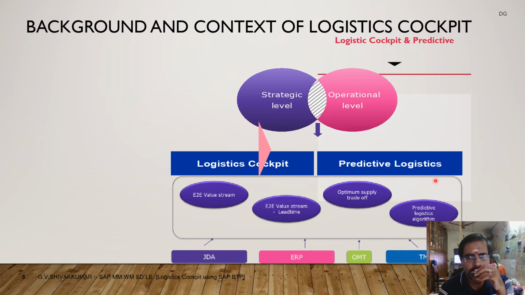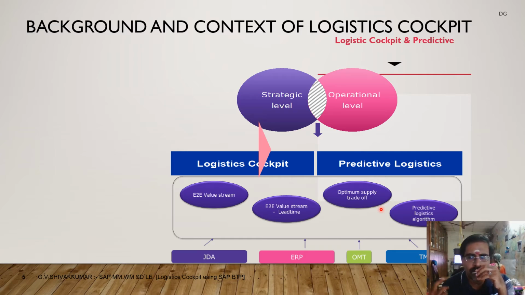When coming to predictive logistics, we need to have an optimum supply trade-off. In the sense that we have efficient on-the-spot booking and immediate transport of goods from one point to another point, right? Point to point, we need to have a correct balance of material transport, and then we have a predictive logistic algorithm to be maintained using SAC, SAP Analytics Cloud, and inbuilt or embedded